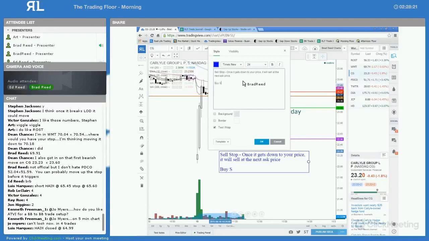The next one is a buy stop. And this one says once it gets up to the price indicated,